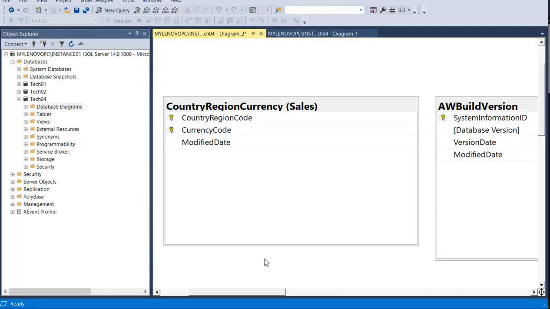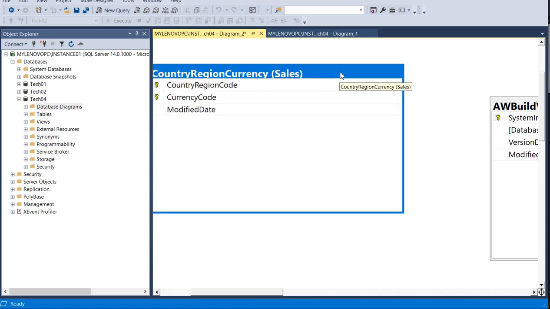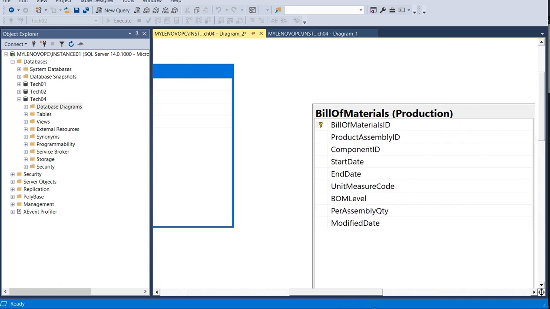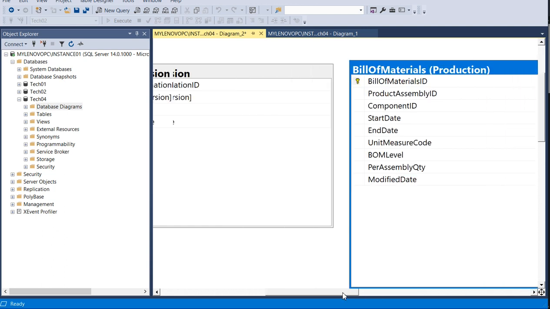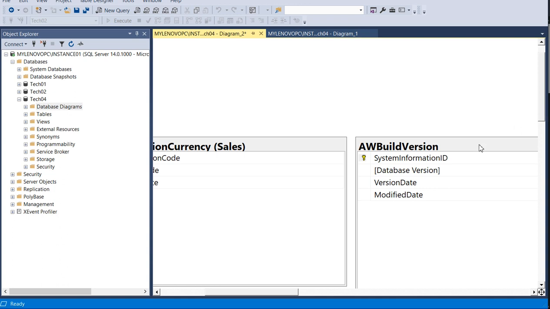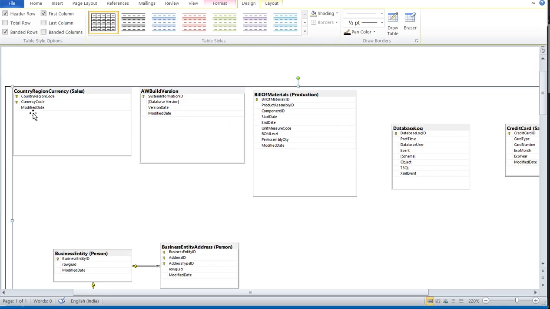So through this way you can create a database diagram. A few more settings are there. You can adjust each table, arrange the tables manually also, if the Word document is not suitable to read. You can change the zoom also. If more zoom is required, you can change it. Okay, so these are the settings. From here you can change it. As I showed you, copy to the clipboard and then paste it in Word. So here we can easily read it in a Word document.